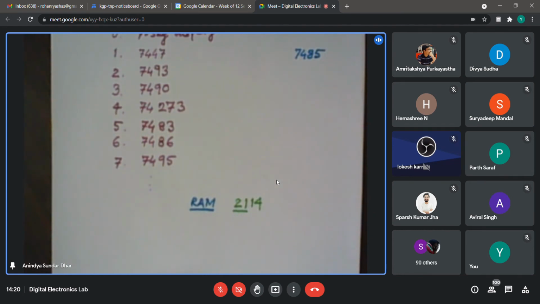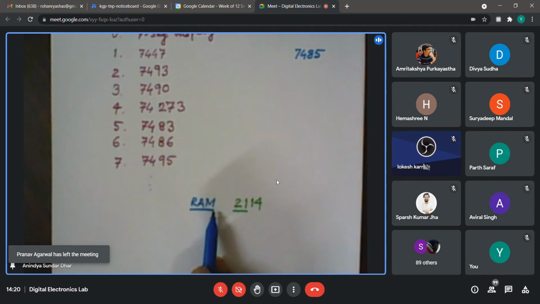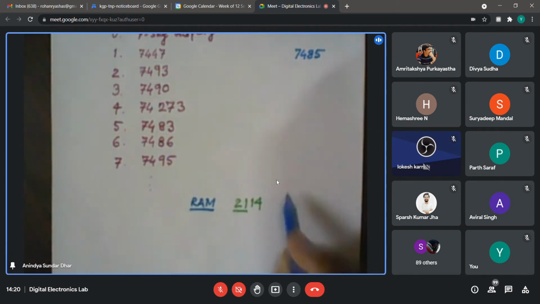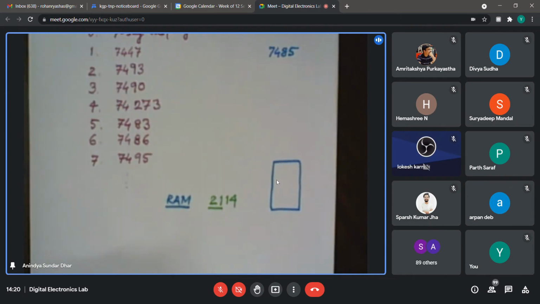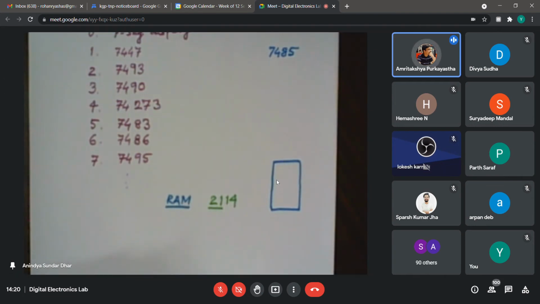So should I discuss a little bit about RAM, or do you know what a basic memory structure is? If I draw a black box, from your concept of memory, would you be able to say what the probable connections going to it are? It can be input, it can be output, it can be control. Anything you can say. Data in, data out, address. We don't know about enable.